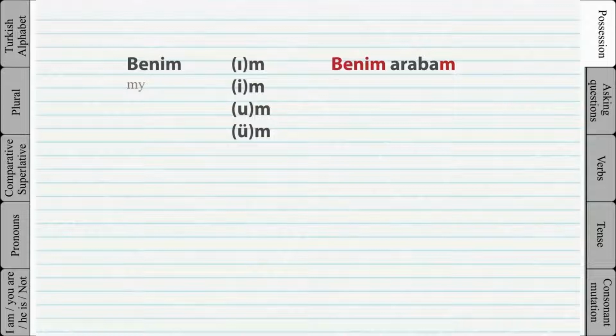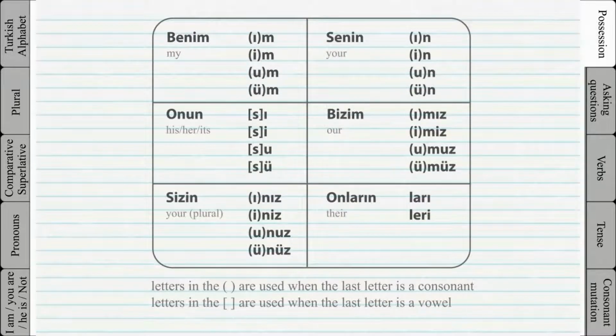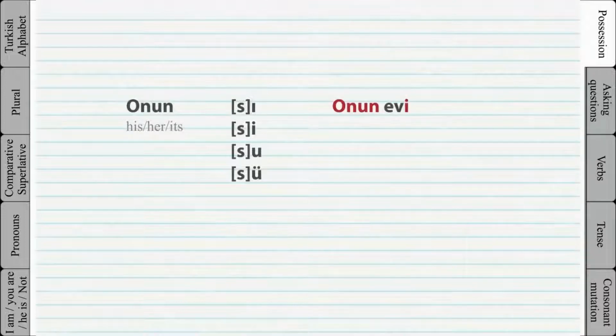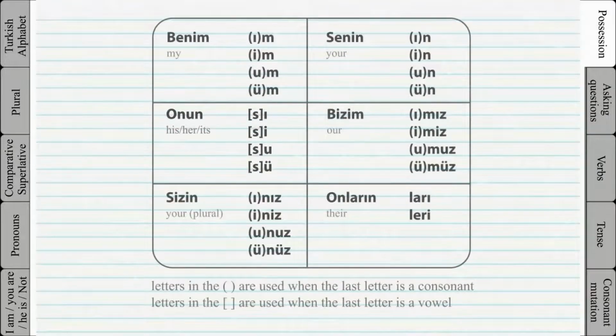Look at the next example. My book. Because the word kitap ends with a consonant, we have to use the letters in the parentheses. In here, we only use the letter inside the square brackets when the last letter of the word is a vowel. So the letter S works as a buffer between the 2 vowels. For example,